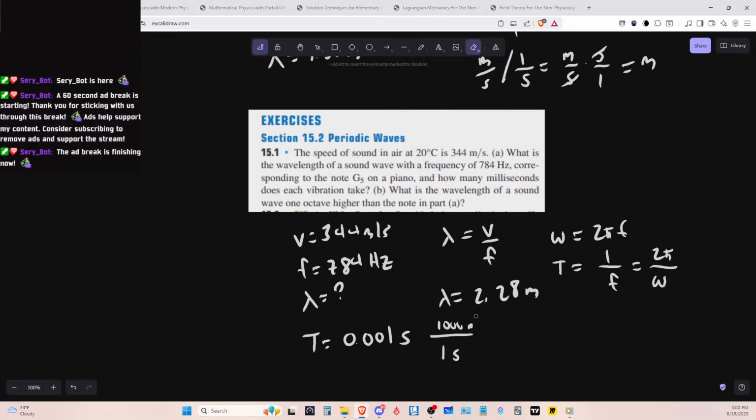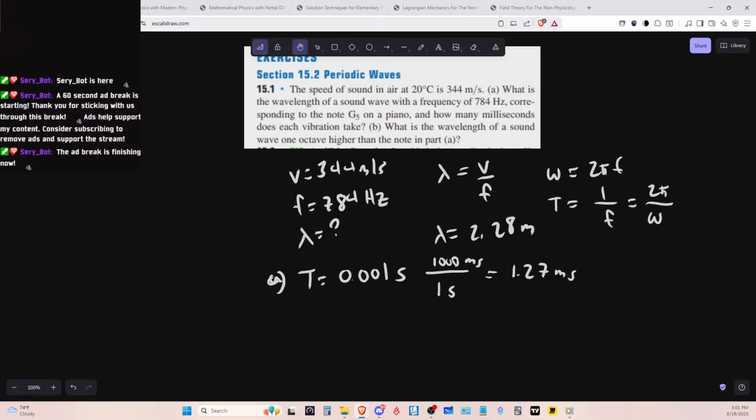Why am I writing microseconds? It should be milliseconds. I forgot what the unit was for milliseconds, but we'll do that. So it's 1.27 milliseconds. And I think that's A. So that's A. And for B, we have